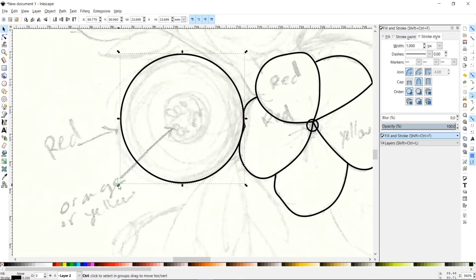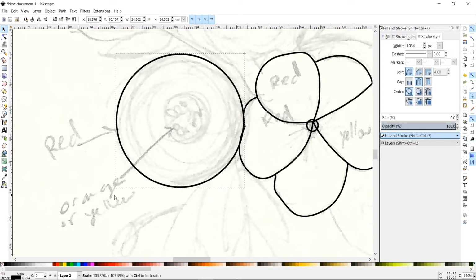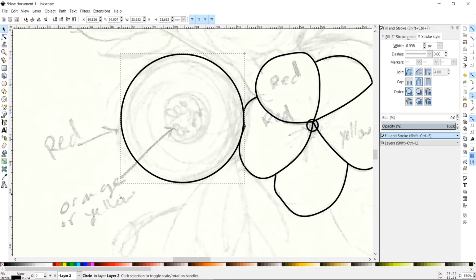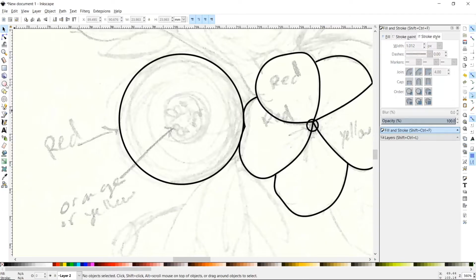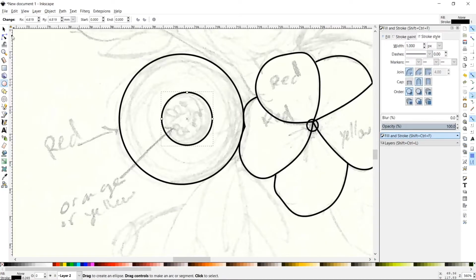And then you can click and drag the corners. If you want it to be symmetrical, again, hold down that control key while you're clicking and dragging those corners. I'm going to put another circle in the middle, holding down the control key to make it symmetrical. And I can see right now that the way I drew this, the outside circle and the inside circle are not lined up correctly. So I'll click the inside circle, hold down the shift key, click the outside circle, and